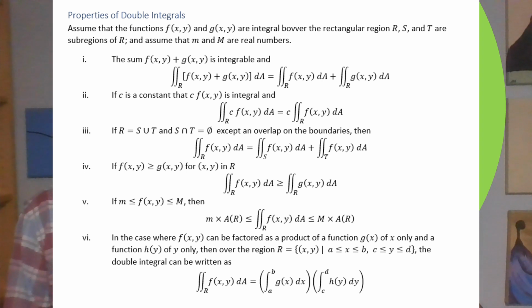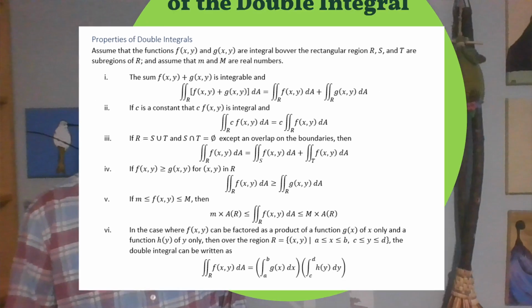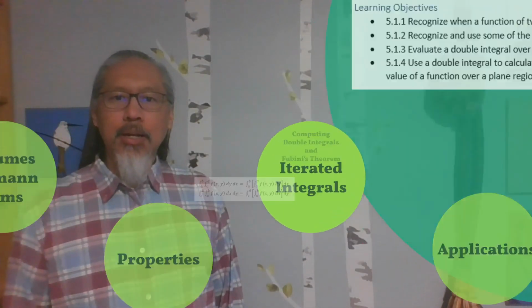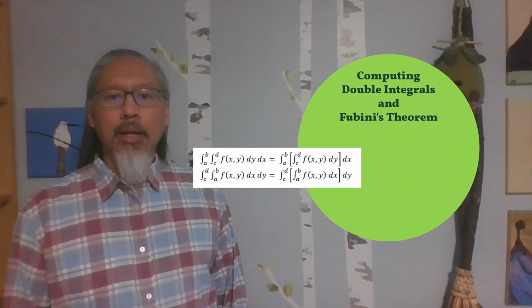So these are some properties. Some of them we'll use explicitly and refer back to this list, and some of them we'll just kind of know because we're naturally using them, especially the first two. After we take a look at these properties, we're actually going to try to compute these double integrals, and the